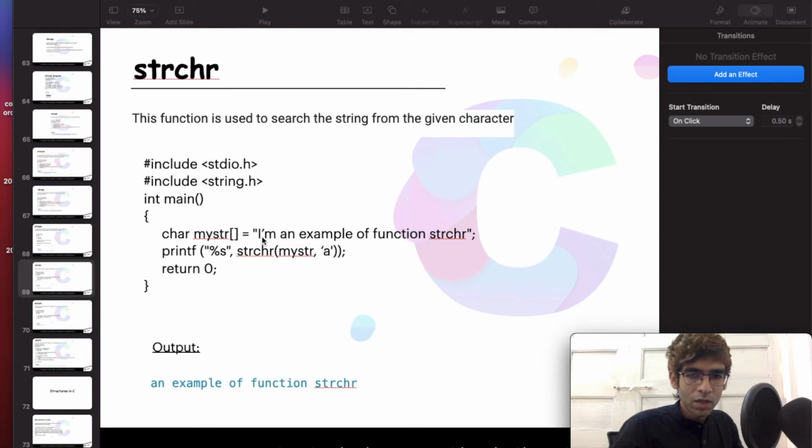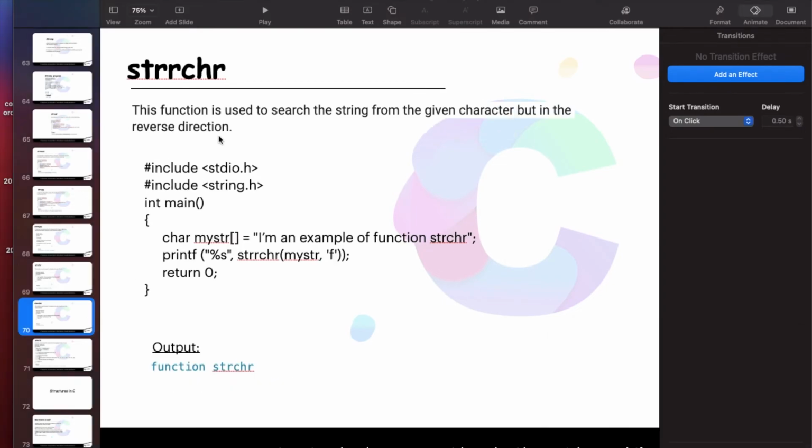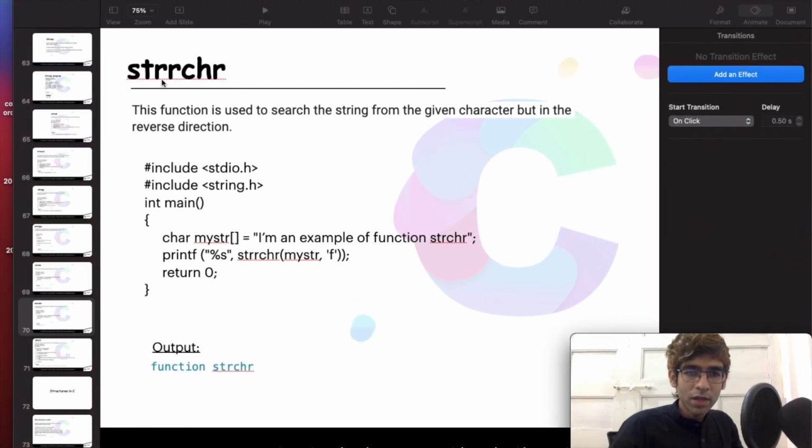This a. So 1 2 3 4, from here a, it will print the entire string. From this a, not from this a. The first character which we find, from there it will print the entire string.